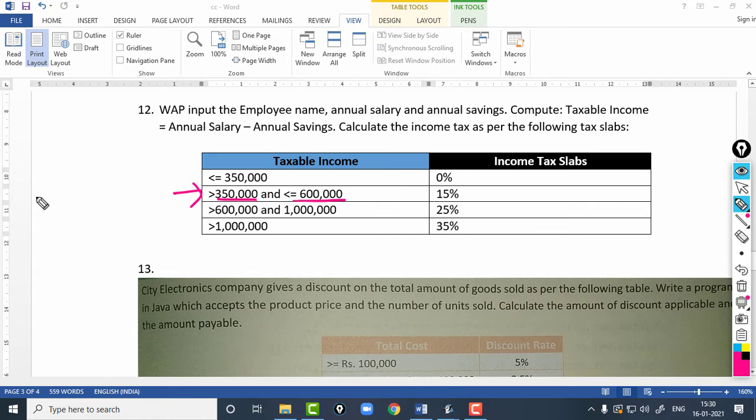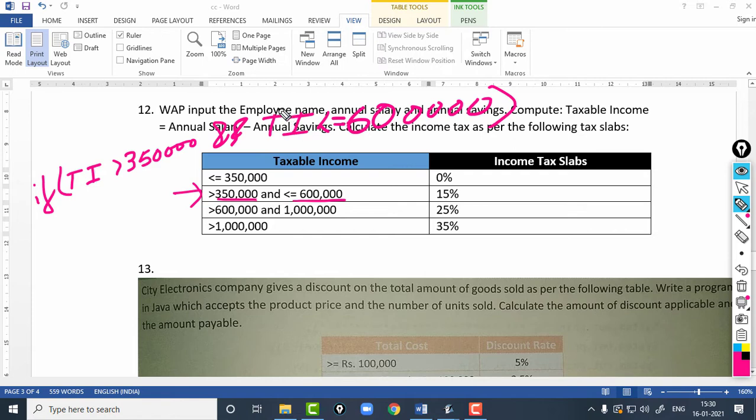So, if I want, I can also write like this: if taxable income is greater than 3,50,000, and using the AND operator, I will combine the second condition: taxable income should be less than equal to 6 lakhs. If you want, you can write it like this also, there is no problem,